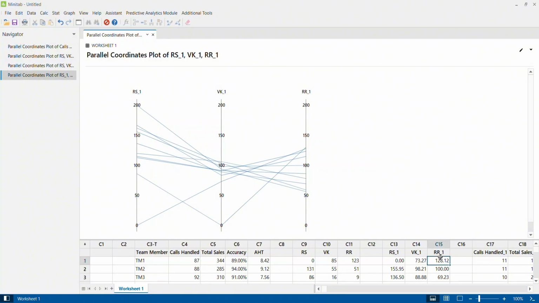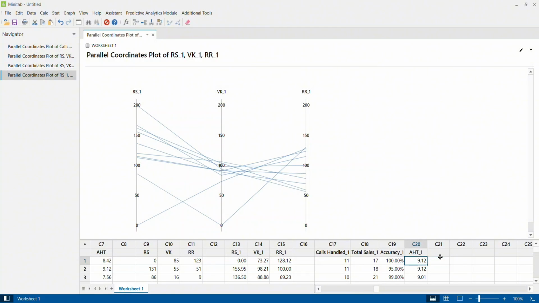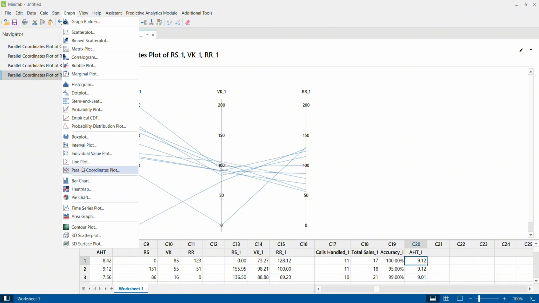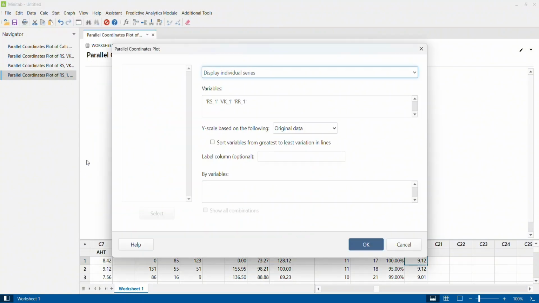Now I'll come to the third scenario, where you see here, this is for one single team member: number of calls handled, total sales for the day, call monitoring score for the day, and average call duration for the day. So this is for one single resource, and we are going to see on these 4 parameters where the resource has more variability and where the resource has less variability. So here I again click on graph, I click on parallel coordinate plots. This time I'm going to select